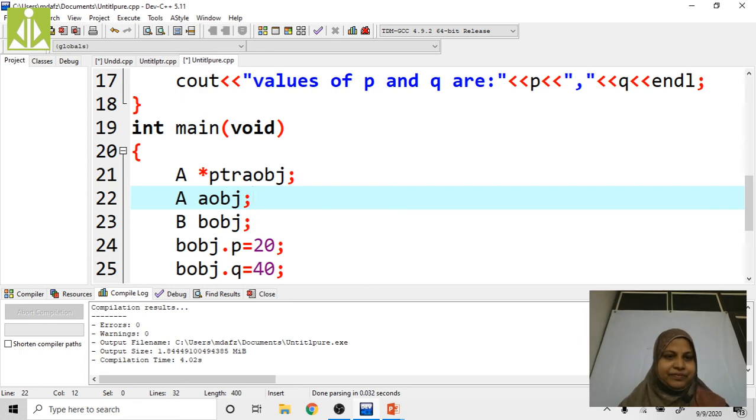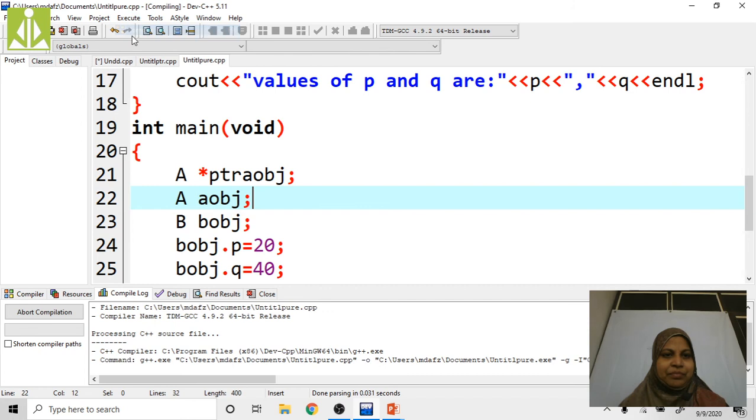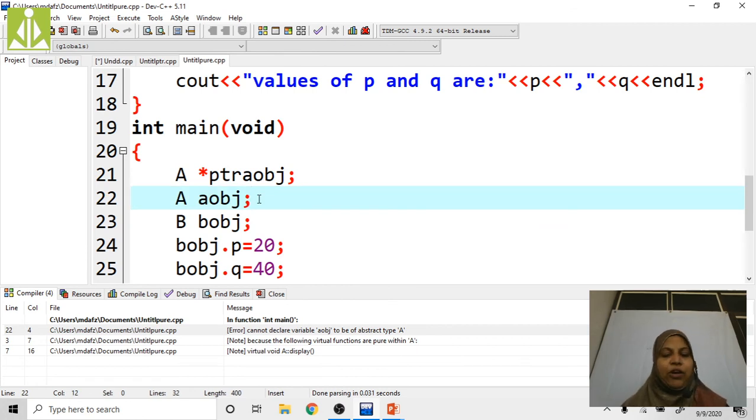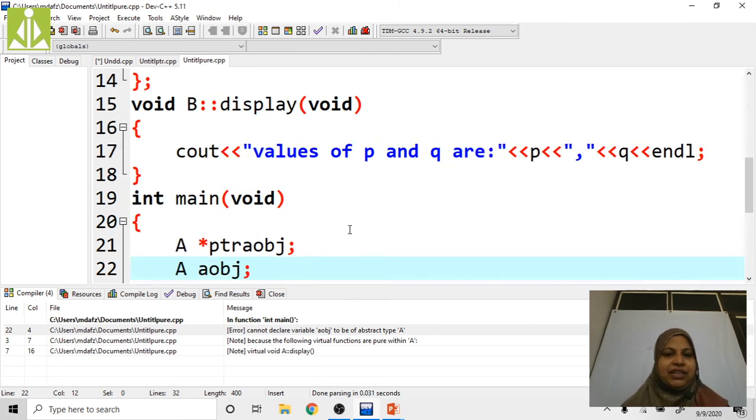Check this one. Compile. See here, can't declare variable aobj to be of abstract type A. We can't create any object for a class which has a pure virtual function.